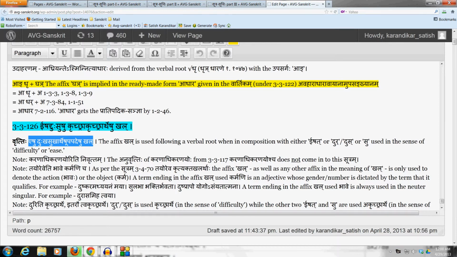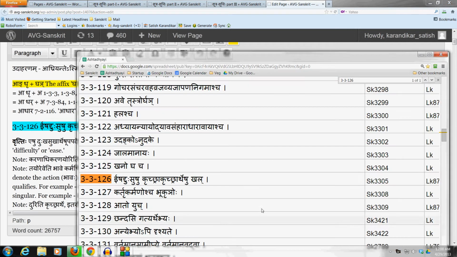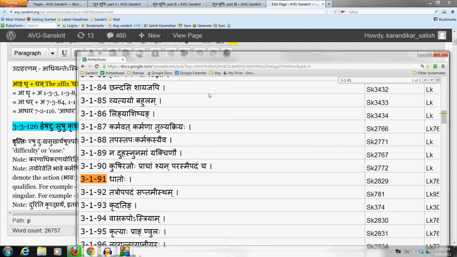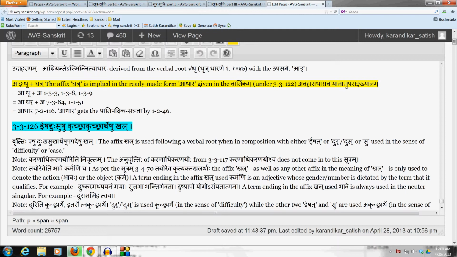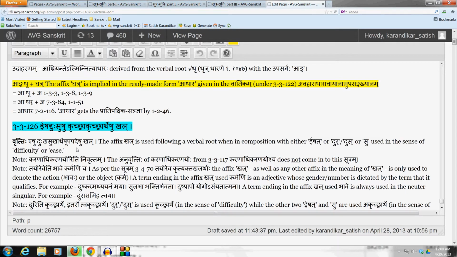Which means that the affix khal is used following a root, because of the adhikara of Dhatoho, which of course we know starts from 3-1-91 all the way to the end of chapter 3, when in composition with either Ishat or Dur or Dus, or used in the sense of difficulty or ease. That's what's meant by Krichrakrichrartheshu. The Pratipadikam Krichra means difficulty, and Akrichra of course is the opposite of that, which is ease. So in the meaning of difficulty or ease, in the Sutram